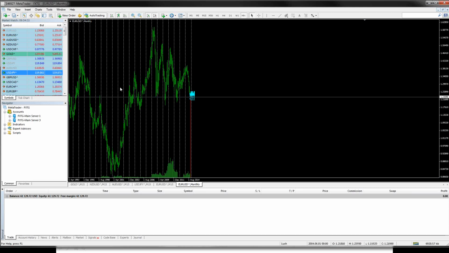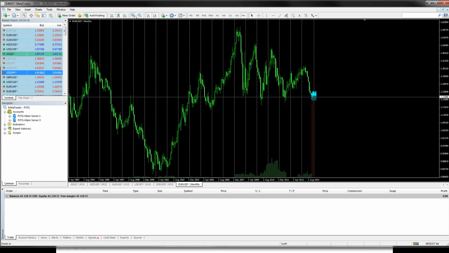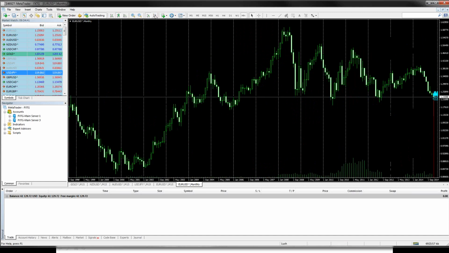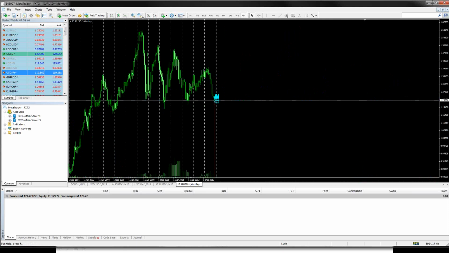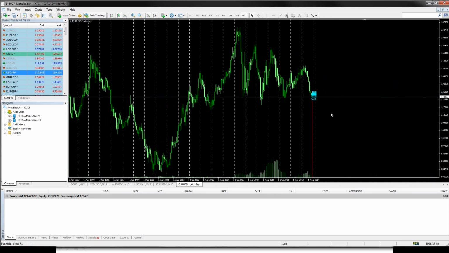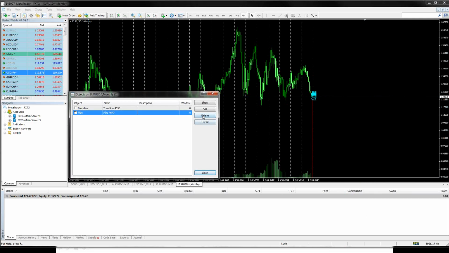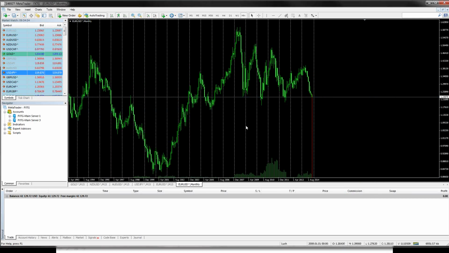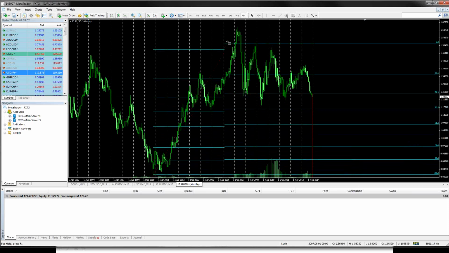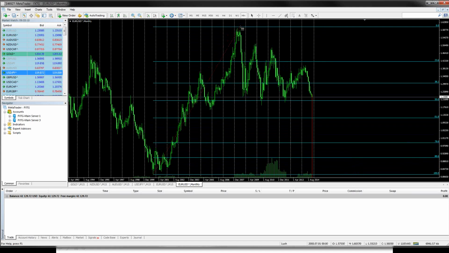And there you go. Let's just pretend that this is a 15-minute chart, just for the sake of this. It all applies across all time frames. Okay? So let's just assume that this is a 15-minute chart. I'll get rid of the other Fibonacci. Delete. Okay, we're assuming that this is a 15-minute chart just because it looks good that way. And we're taking it from a lowest low to the highest high, which is right there.